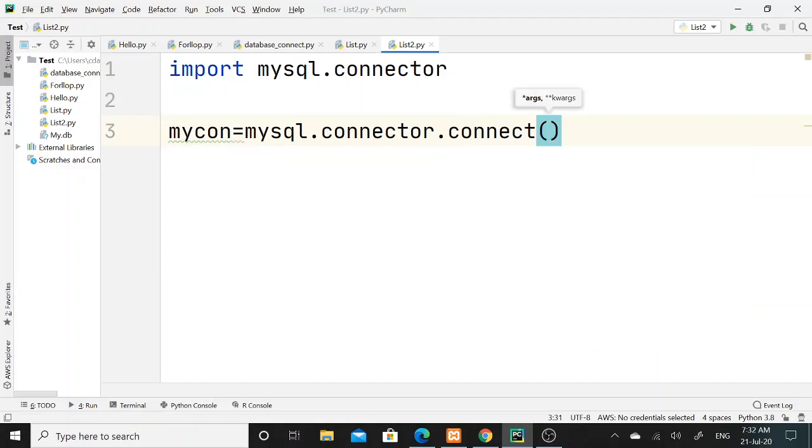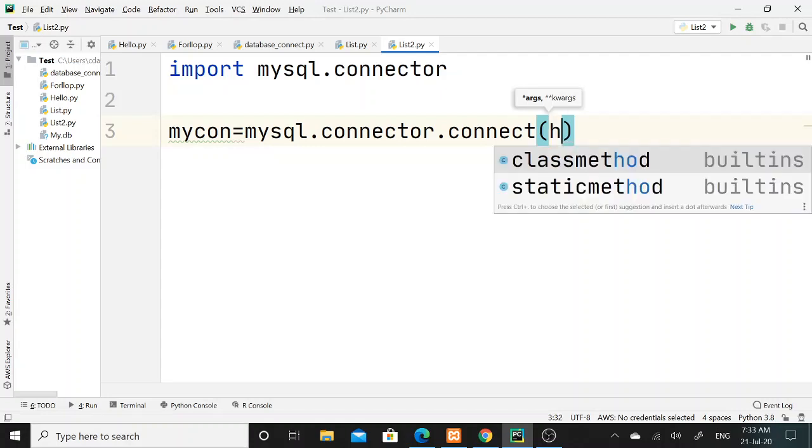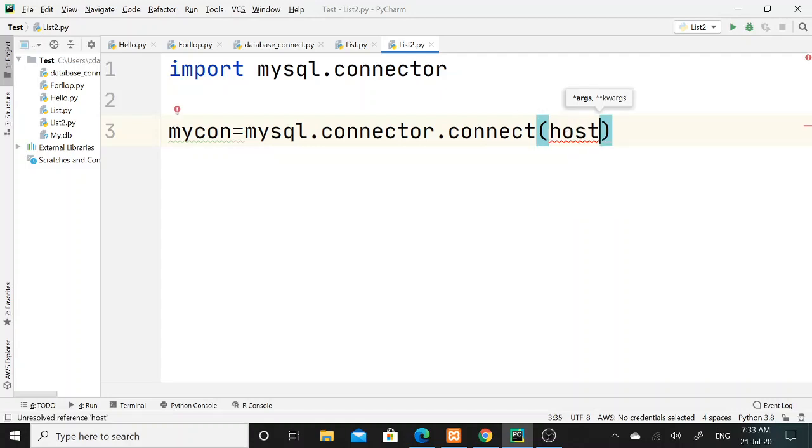In this connect function, I am supposed to pass 4 arguments. First argument is the host name, and here my host name is localhost.